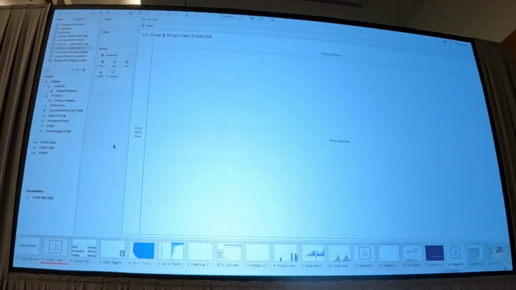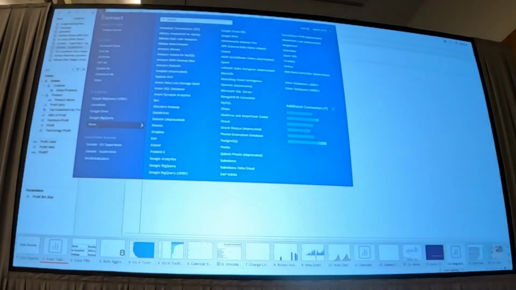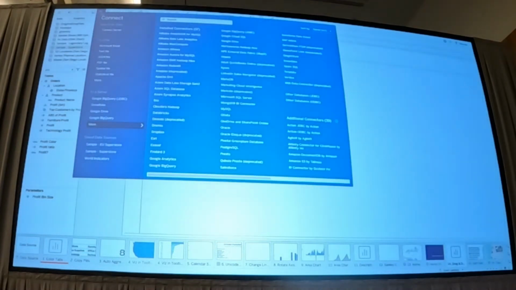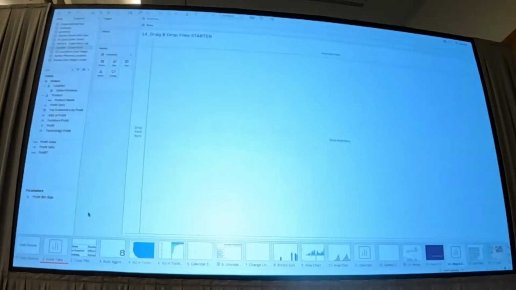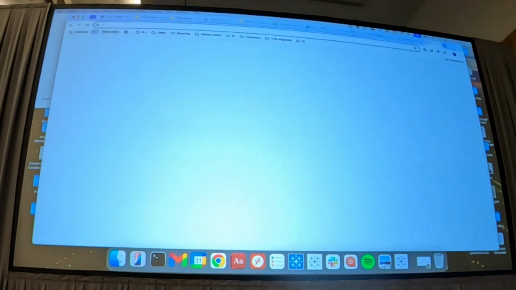So first one, this is just one that hopefully makes your life a little bit easier, and that is a lot of people don't realise that you can just drag and drop files when you want to connect to data within Tableau. So often when you connect to a new data source, you hit the plus icon, you can then link whether it's to a database or a static file. If it's a static file, save the time of going through your file directory, just open up the folders, drag it in, and that will add it as a new data source. Now, the slight change on that, which is a bit more helpful, that people don't often realise, is that if you find